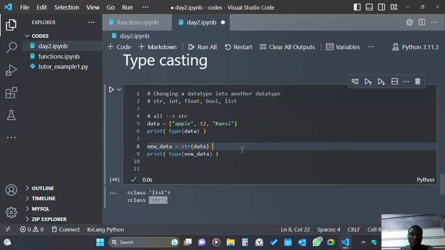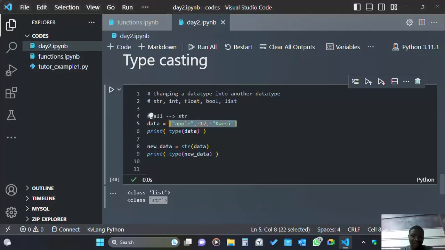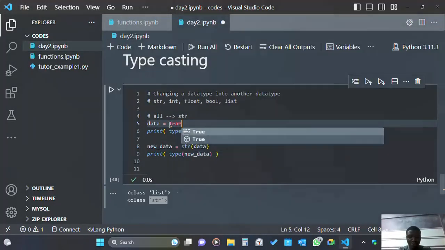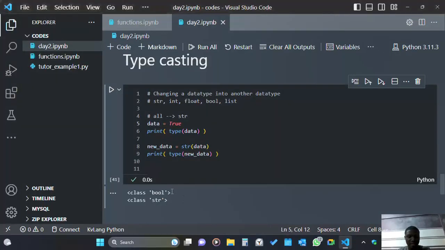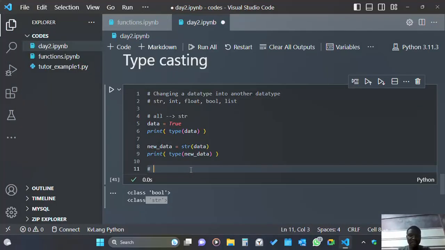And it holds true for boolean. Let me change this one to the boolean data type. Let's say True. Once I run this, it is a bool, but now it's what? A string. It was a bool initially, and now it's a string. Okay, so let's move on to converting